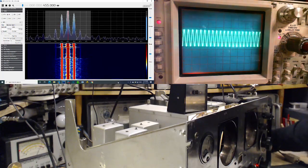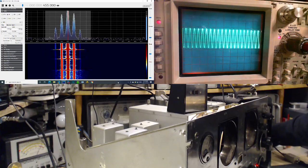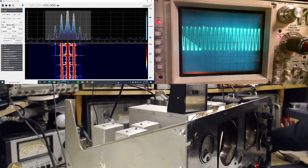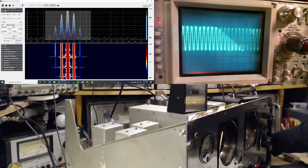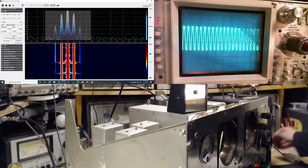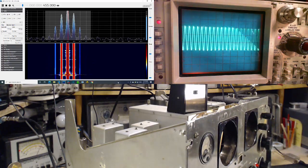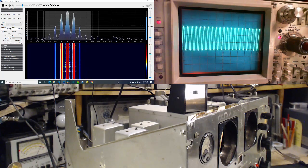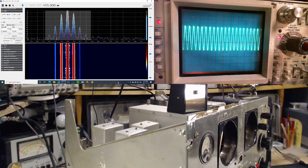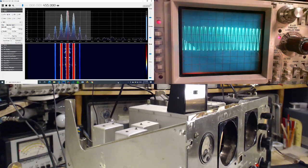600 microvolts. 6,000 microvolts. I got nothing left. That's 60,000 microvolts. I'm not sure what that would be in normal language. Well, the scope didn't indicate any overload problem at all, and this is a signal far beyond what would come